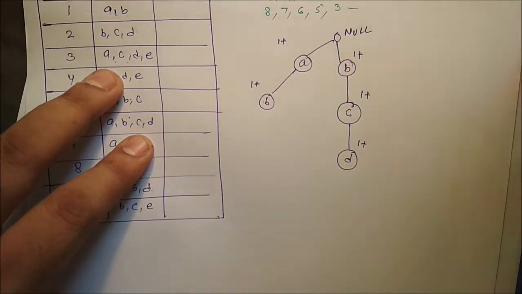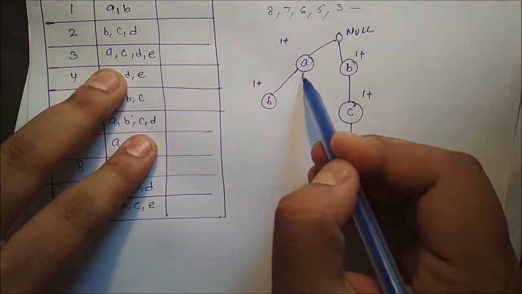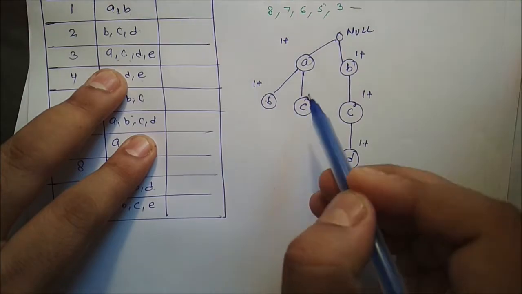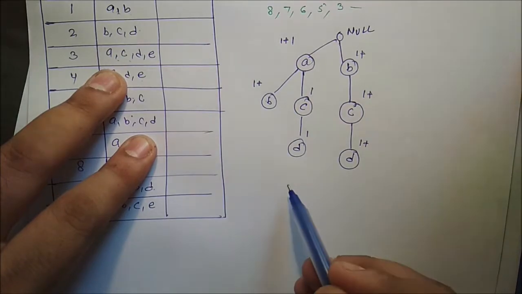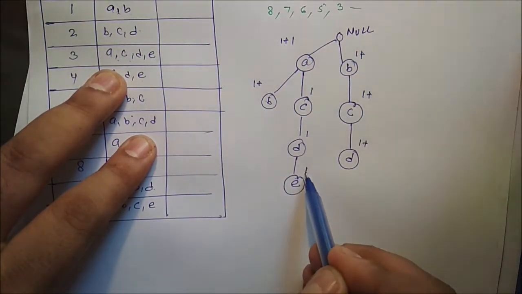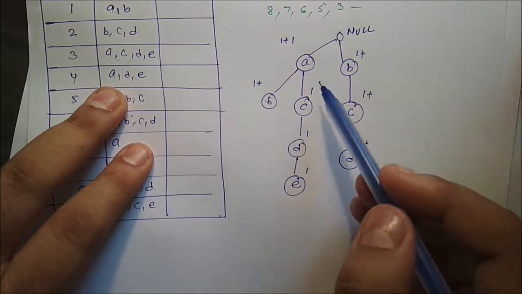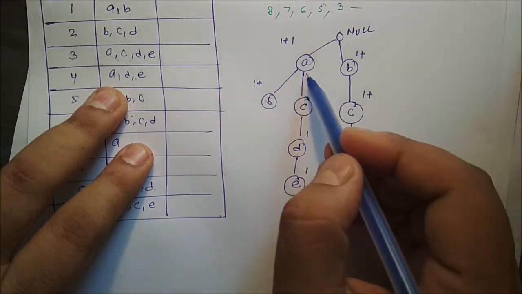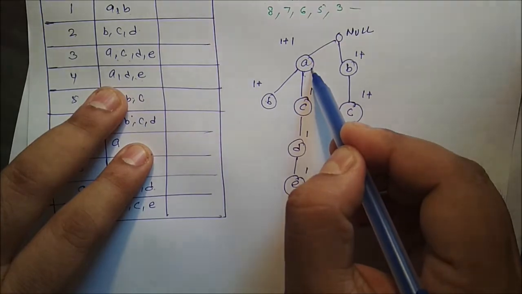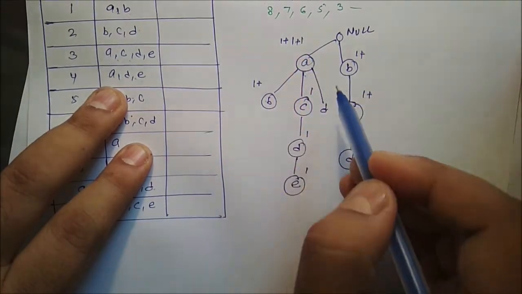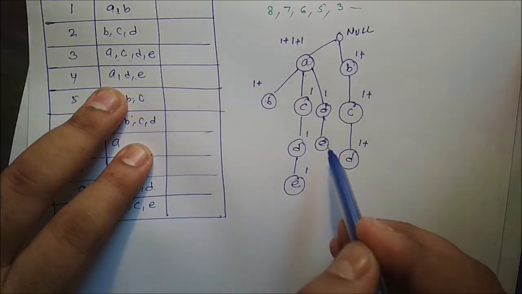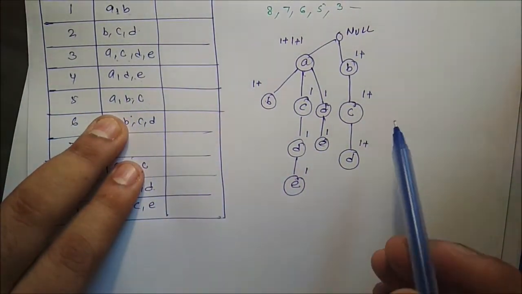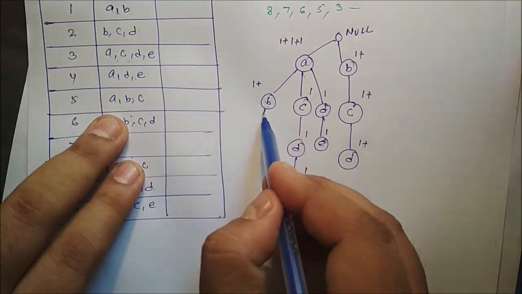Okay, so we can see here, starting from A, C, so A, C, D and E. Next ADE. So we can write A, and we have to write another branch. So A, then D, then E, then ABC. Okay, so A, B and C.